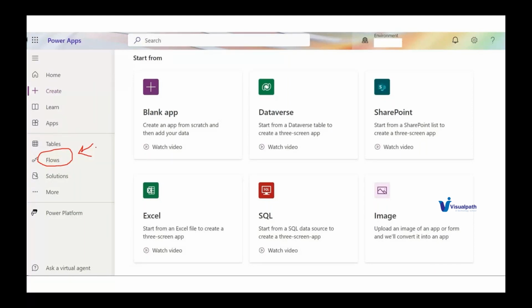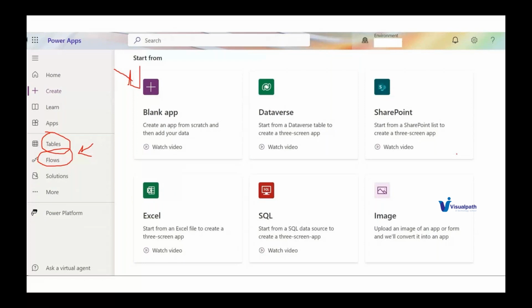Then comes the Power Apps. Say for example, I just touched upon the flows, and there are tables. I'll come to it when I explain more on the Power Apps. So for example, in your mobile you have multiple apps, right? Android apps, and you have apps from the Apple Store, right? You might have seen job descriptions, like we want an Android developer, we want iOS developers and all those things.